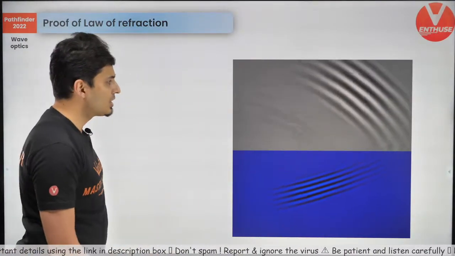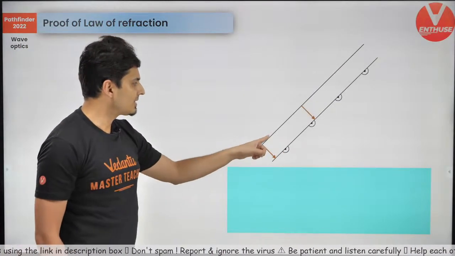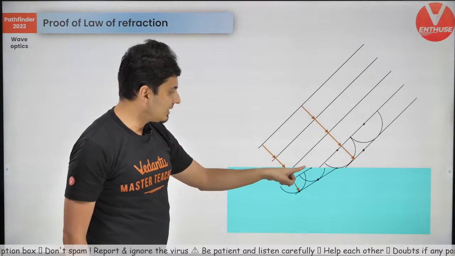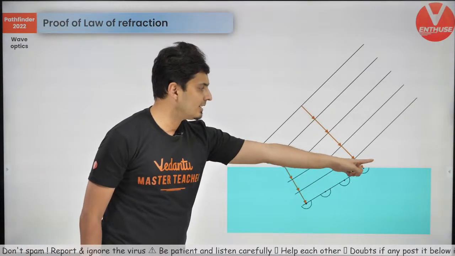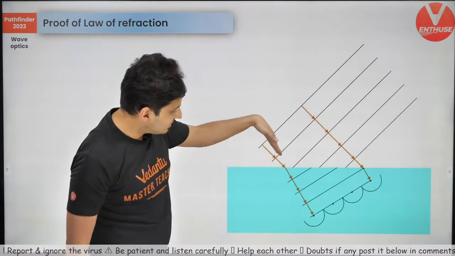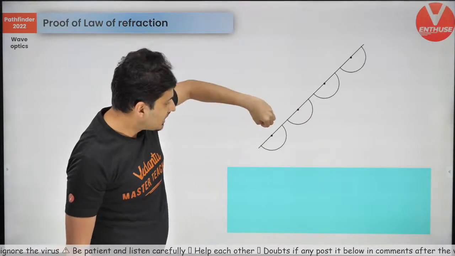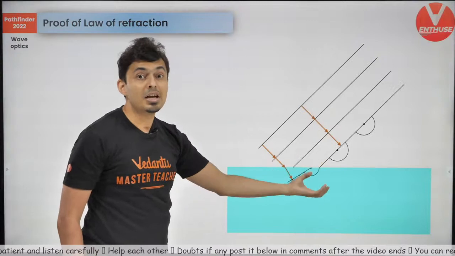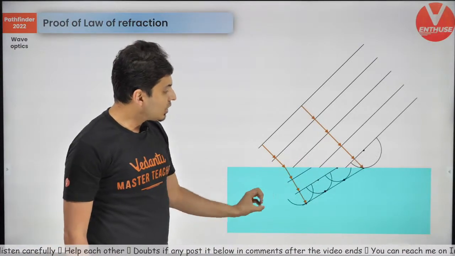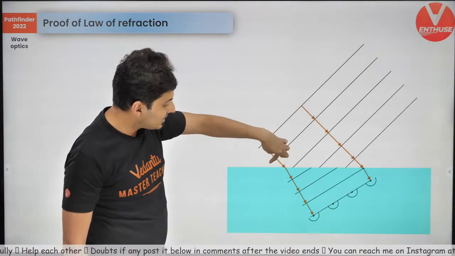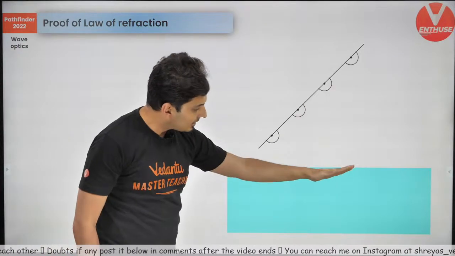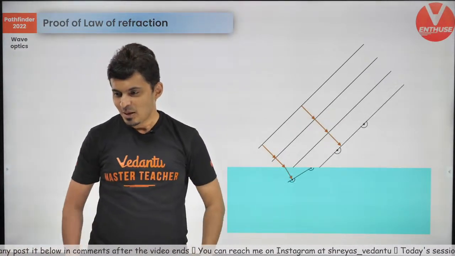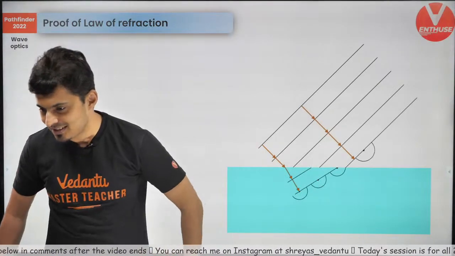There is one more simulation to make you believe that. Look at this. New wavefronts created, new wavefronts created. This source was early, this was later, this was later, this was later. But you can see there is a slight bend because the manner in which they are growing is slightly different in this denser medium. It's slower because it is growing slowly. That's why the size of the new wavefronts are smaller, and that's why it bends. And that explains refraction.